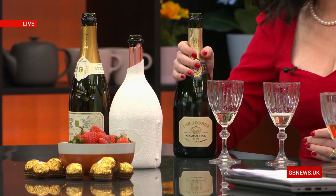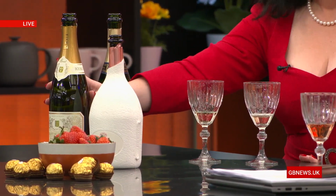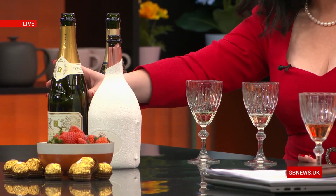This is very light, very nice, it's good quality stuff. It's excellent quality. Now, Graham Beck's a prolific producer. You'll see him everywhere. This is, just to give you the prices, this is £14.99 from Waitrose. OK. So that's basically a quarter of the price of the champagne. Champagne is often... It's wonderful. This is a fantastic, but...